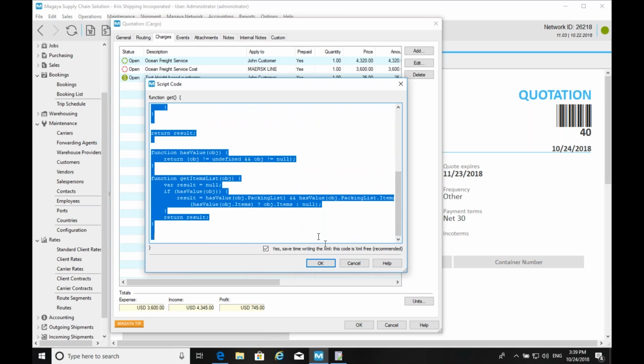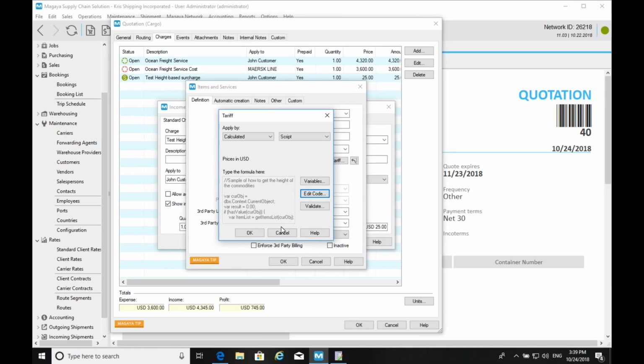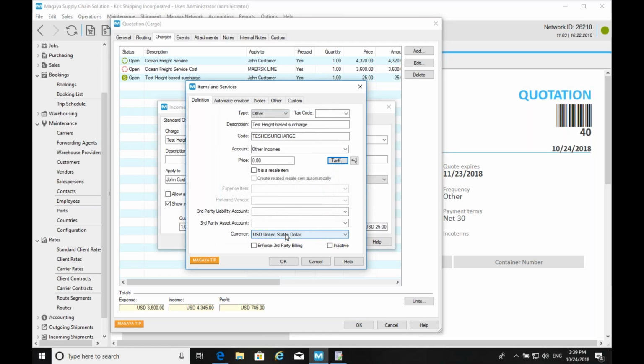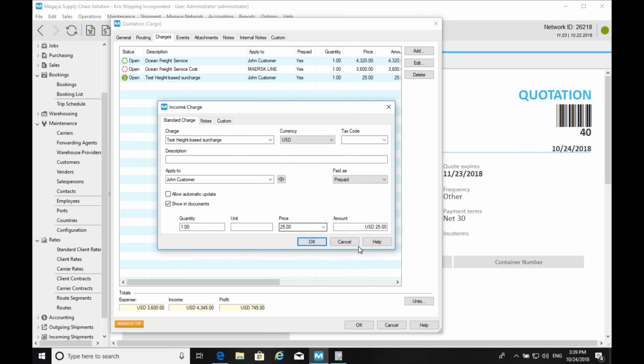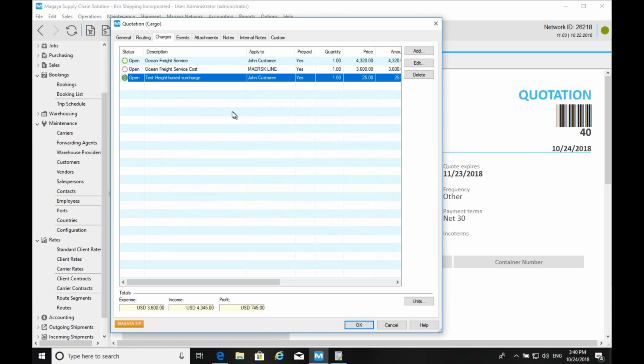This code puts one price of this surcharge if the height of the item is below a certain number, and the other charge if it's above. So something very simple like that, and at the same time it can be difficult if the software isn't flexible enough, because these can be very individual needs to you and your carriers that might request something like that. Okay, so this is one example of how you can customize further the rates and tariffs that we have in Magaya.